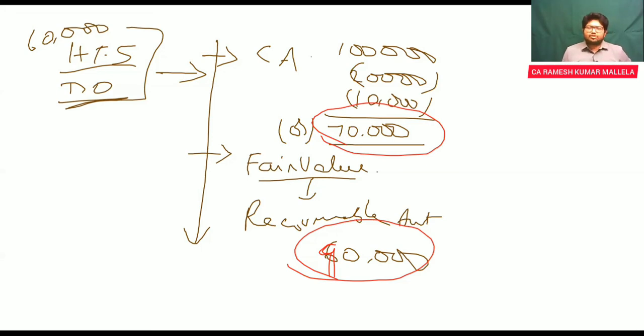The difference between these two will be taken as profit into your P&L account, because earlier you have recognized loss, no? Against that you are now going to knock off profit. That's all. Okay, so this is what's supposed to be done. Yeah, here it's not fair value less cost to sell. It is recoverable amount. See, recoverable amount in the sense of value in use. If I use this asset, what is it that I get out of it? Yeah, 20,000 is depreciation. Okay.